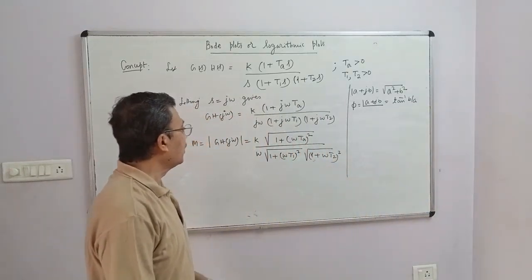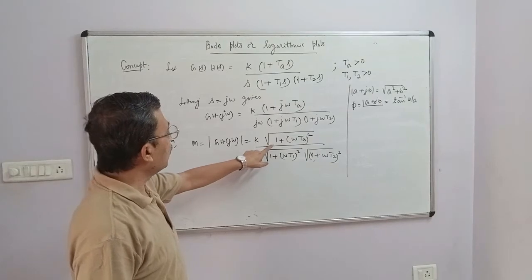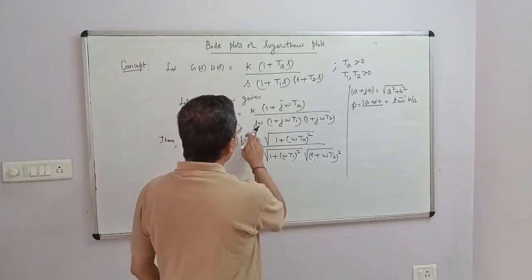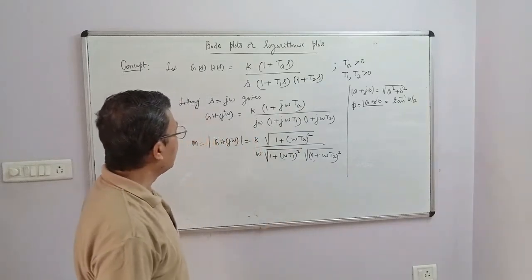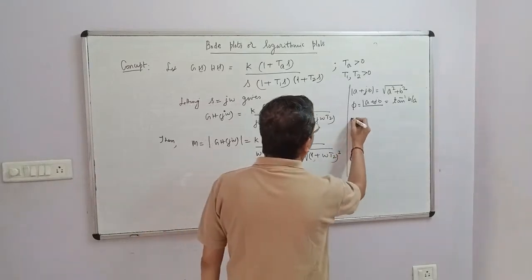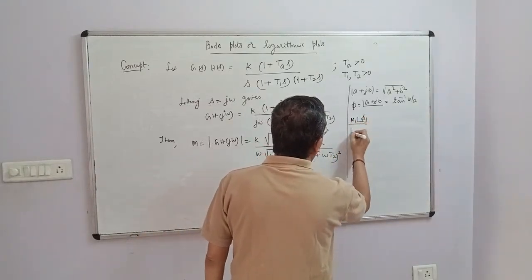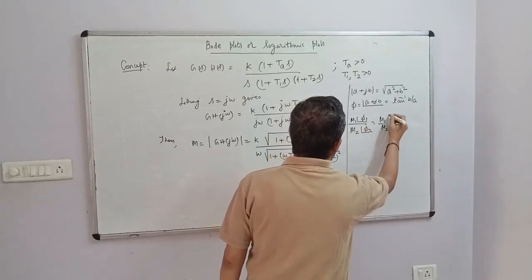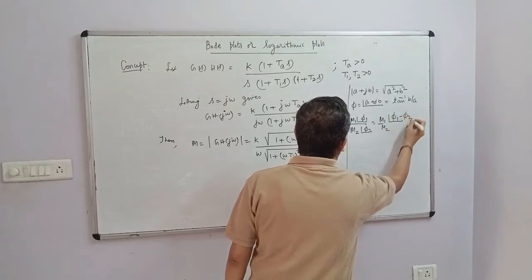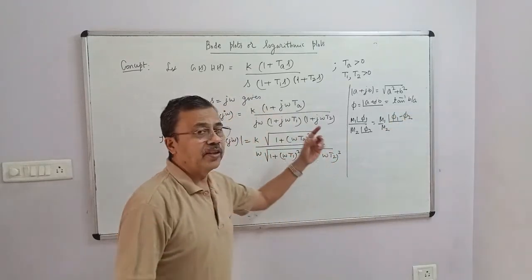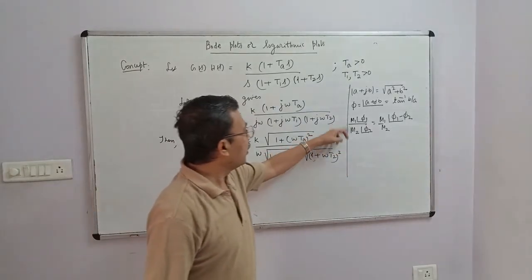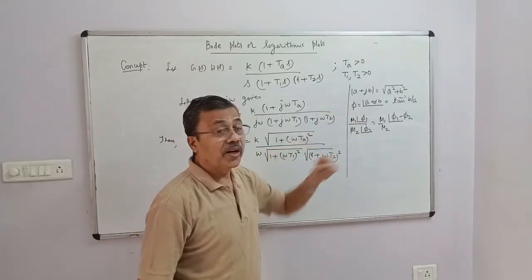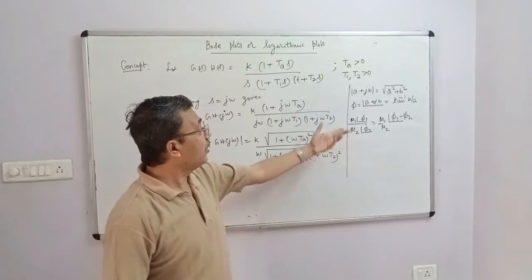Any complex number will have a magnitude and an angle. What is the magnitude? Square root of real part square plus imaginary part square. So what is the magnitude of j omega? The magnitude of j omega is omega. Please note that if you have M1 at an angle phi 1 divided by M2 at an angle phi 2, then it is M1 by M2 at an angle phi 1 minus phi 2. If you divide two complex numbers in polar form, magnitudes get divided, angles will be added with proper polarities. When phi 2 goes to the numerator, it becomes minus phi 2, then add it to phi 1.